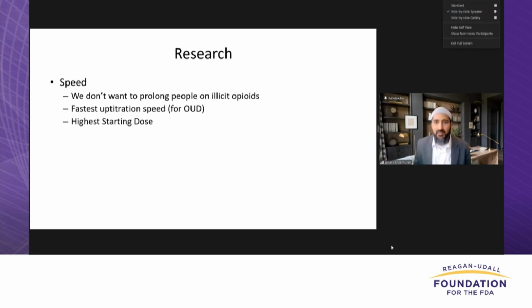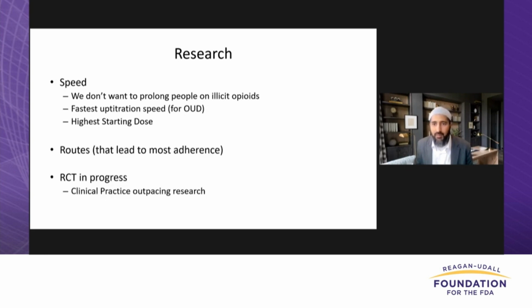Okay, great. Sounds good. So the evidence for low dose initiation is limited and based on retrospective studies, case series, and case reports. For opioid use disorder, we want to learn how to use low dose inductions to get people on therapeutic doses of buprenorphine of 8 to 16 milligrams or higher as fast as possible. So this means, what is the highest dose we can start with? How fast can we up titrate buprenorphine? And how fast can we get them off their other opioids? We also want to know what formulations and protocols lead to the most adherence.